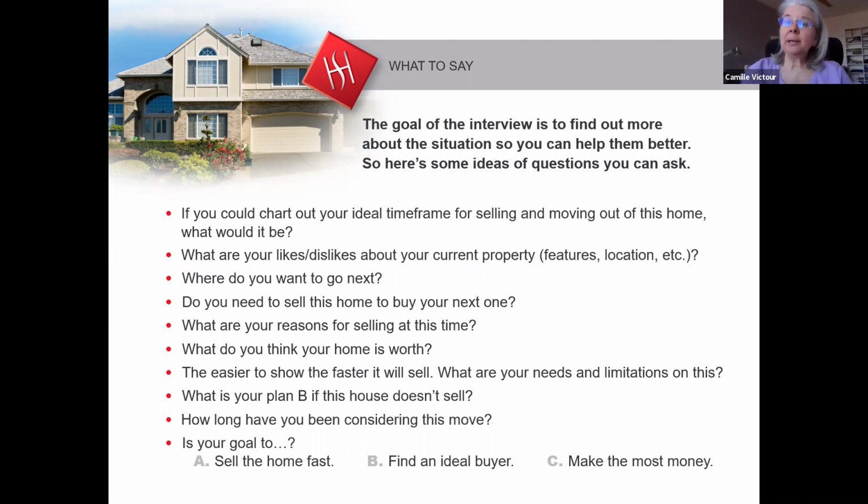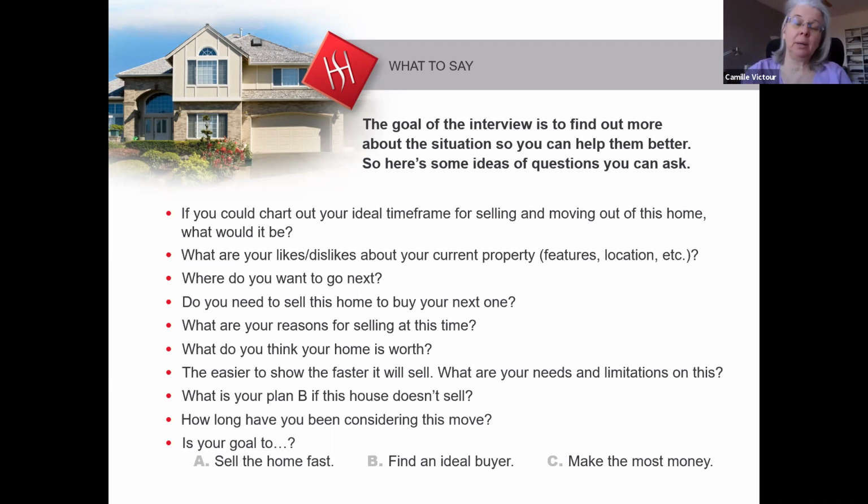Those sellers are going to be a little bit harder to work with. They're going to be a little bit harder to get to negotiate. They don't have a fire under their butt to get them to move, like somebody who's got a job change or just lost their job and is afraid they're going to lose their home in foreclosure. So those people have a high motivation level. We want people who have a high level of motivation to work with. That's ideal, but sometimes you don't get that, and it's worth it to give it a try and see if